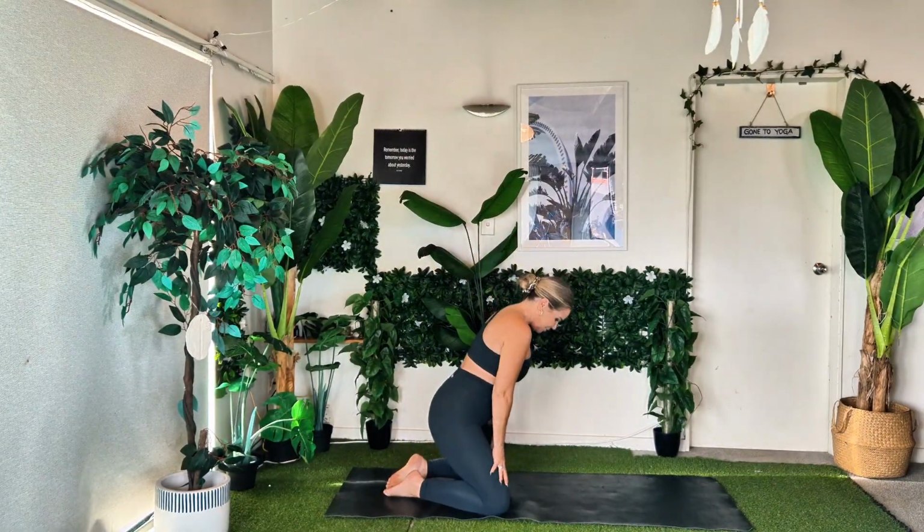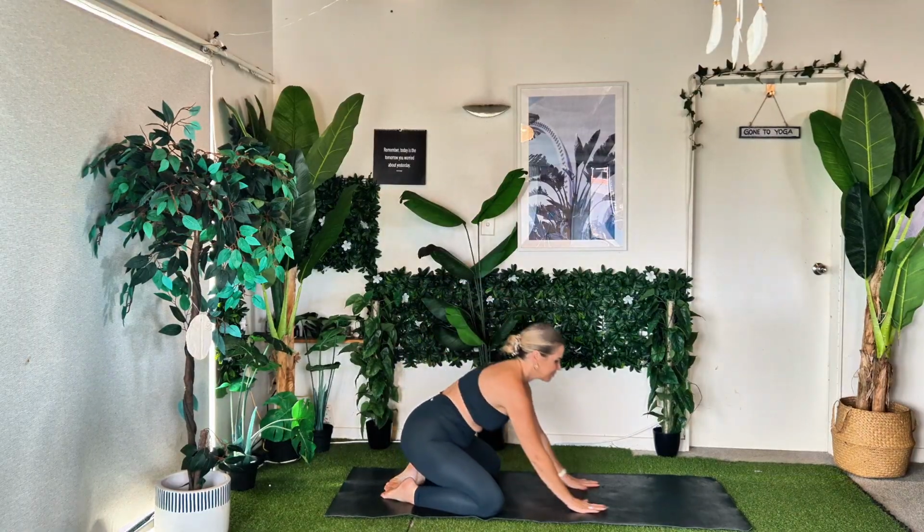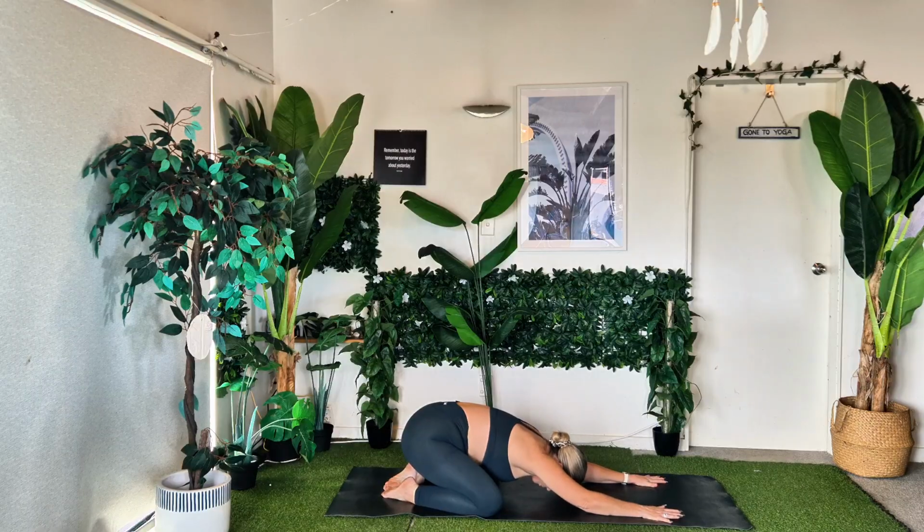This is a perfect yoga stretch for all levels, and it is a great way to unlock your full body flexibility in just 25 minutes. So you don't need any equipment for this, and we're going to start down in a child's pose,